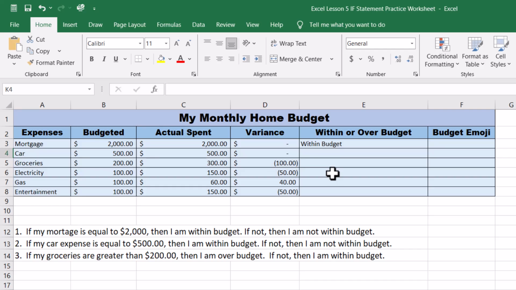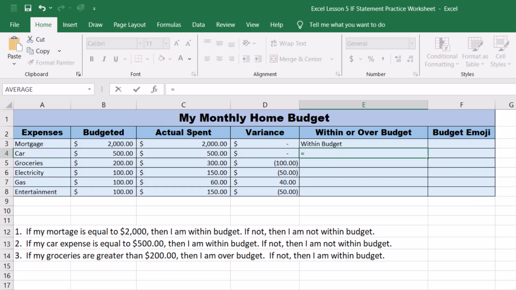Great. Let's look at our next one, the car. What do we say here? In the car, if my car expense is equal to 500, then I'm within budget. If not, I'm not within budget. So my car expense is budgeted for 500. I'm going to place my equal sign in that cell. Equal if. The if appears from my IntelliSense. Tab. I'm going to have C4